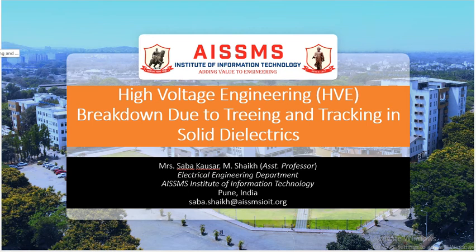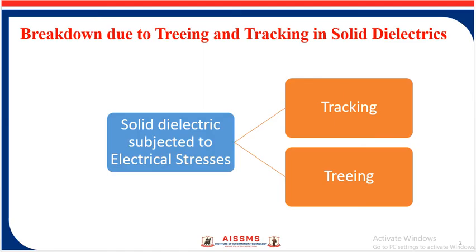Now, polymeric insulation is widely used for many engineering applications as it is tough, light in weight and possesses excellent dielectric properties. Also, it can be easily fabricated in complicated shapes as required in practical use. However, its life when used in high voltage systems gets severely reduced by degradation processes. Whenever a solid dielectric is subjected to electrical stresses for a long time, it fails.